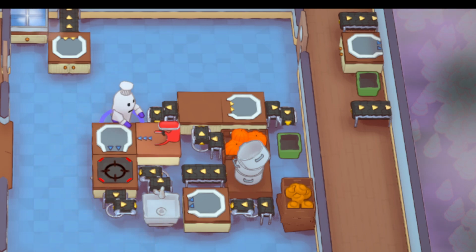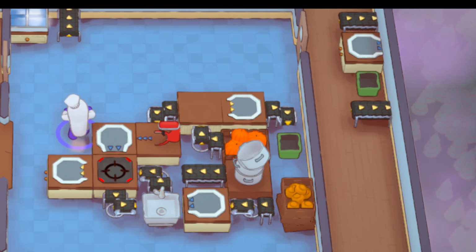You're adding your chopped pumpkin, because you need to have chopped pumpkin going into your pumpkin soup. You can't put the whole pumpkin in. And then here, this is your just...